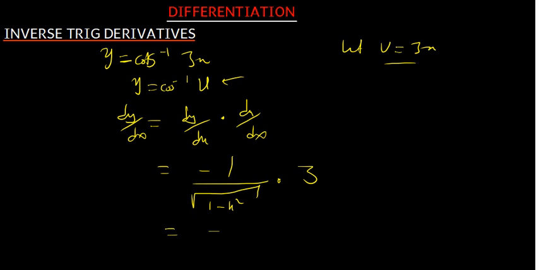So that is going to give us negative 3 divided by the root of 1 minus, now where there is u, we replace it back, but remember it's squared. 3x squared will give us 9x squared. So basically that will be the derivative of